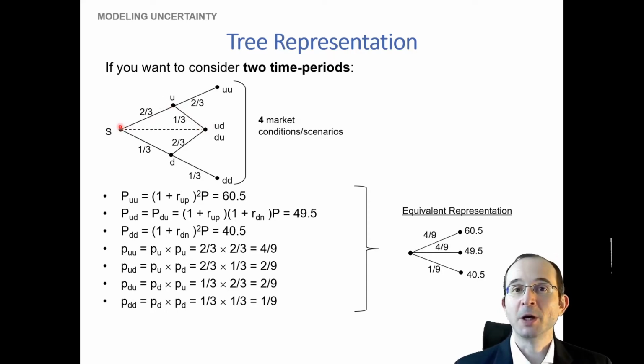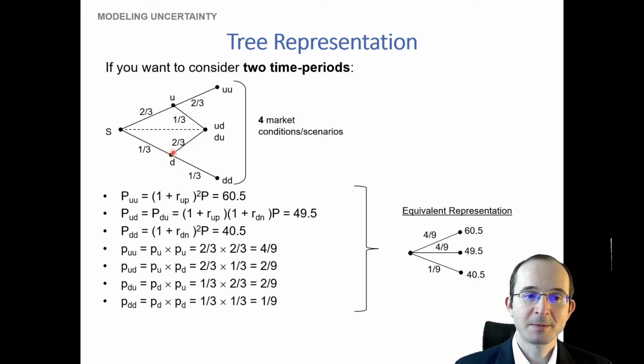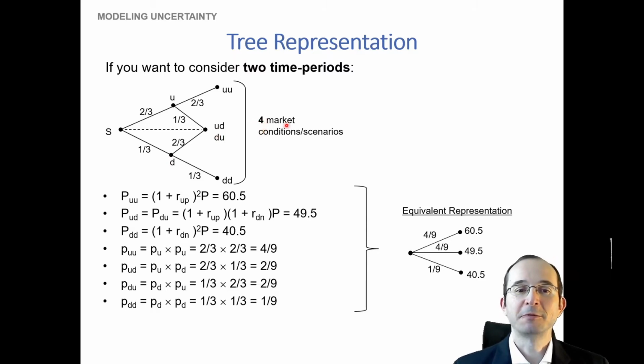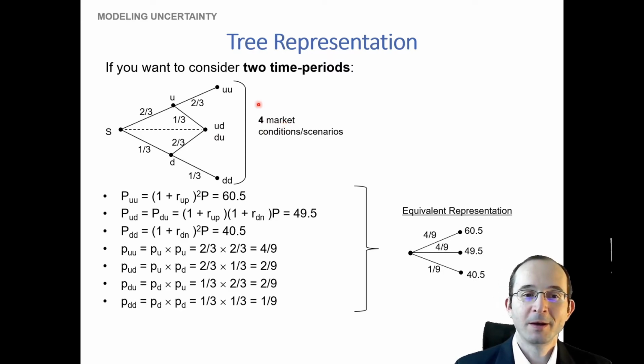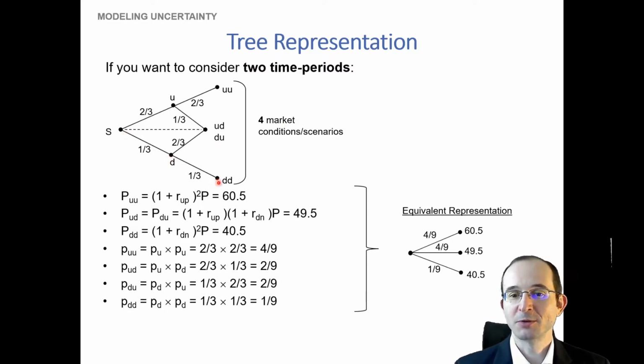Similarly, we could have gone down in the first period, remember a 1/3 chance of that, and then again we stack another tree on top of that first period outcome, which we'll call d because we went down. 2/3 chance of going up will take us to state du, which could potentially be different. In other words, we'll still say that there's technically 4 market conditions or 4 scenarios, either growth followed by growth, or growth followed by recession, or recession followed by growth, or 1/3 chance of recession and then another 1/3 chance of going down again,